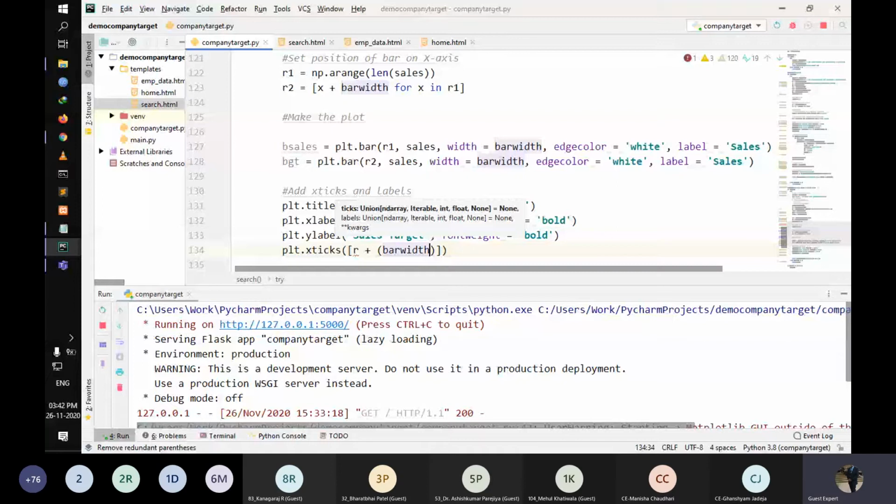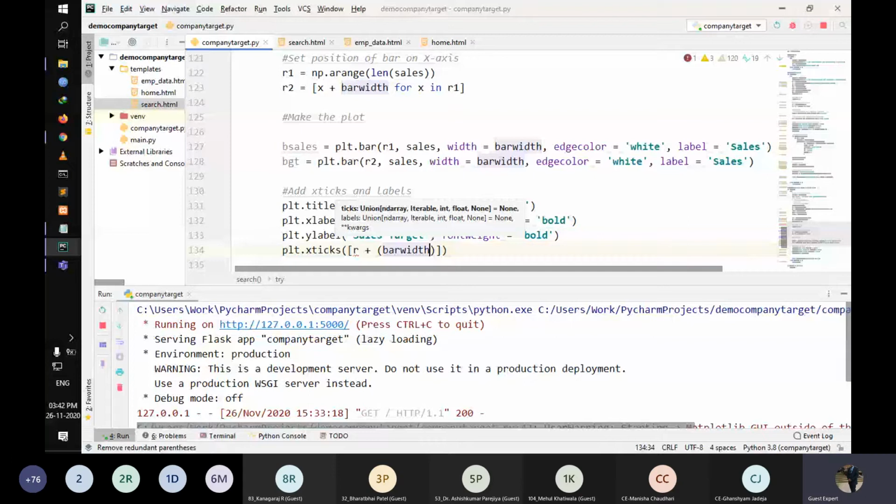Then this is the label name that we have created up here. So this is the label name that we are using down here.